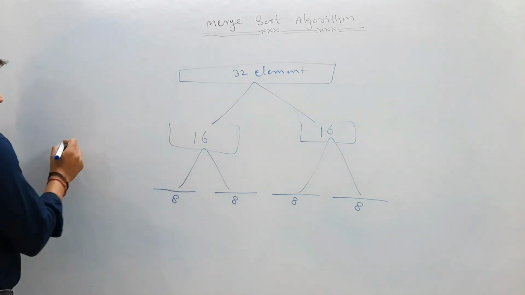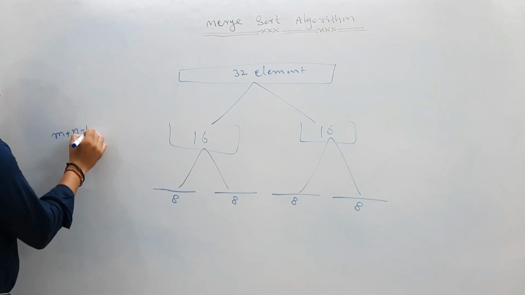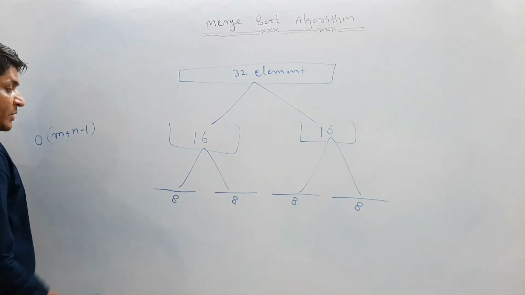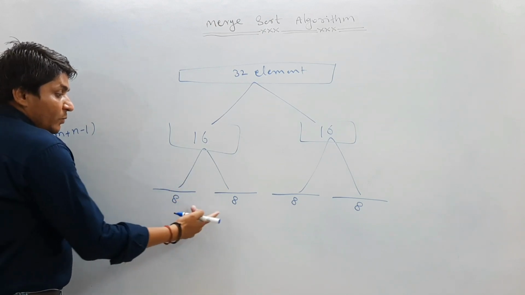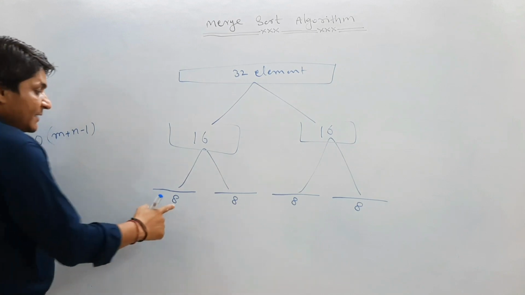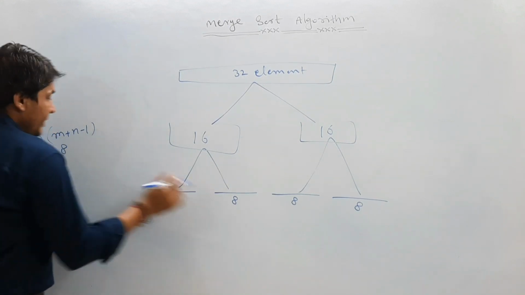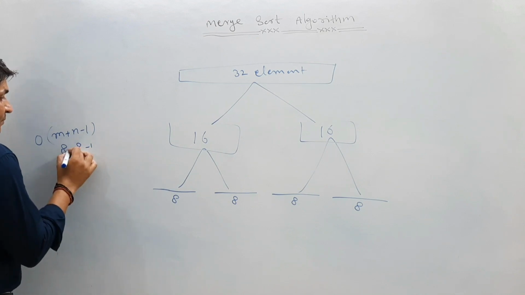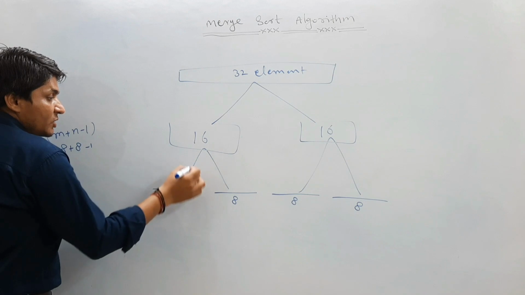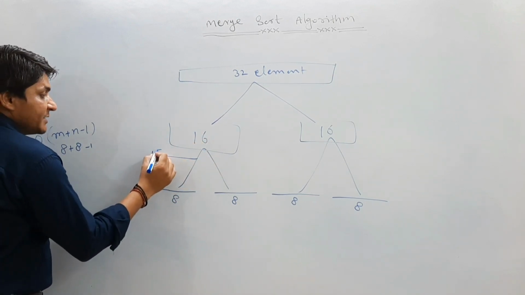We know that m plus n minus 1 comparisons it takes in the worst case, correct? We have already seen this case. Now if you want to merge these two sorted subarrays, how many comparisons will it take? The size of this array is 8, and the size of this array is 8. So it is going to be 8 plus 8, 16, minus 1. So in order to merge into a 16-size array, it will take 15 comparisons.